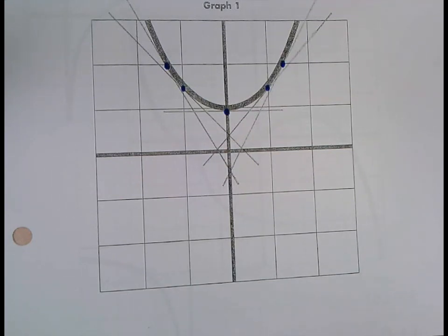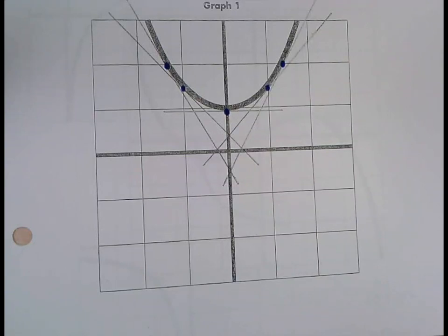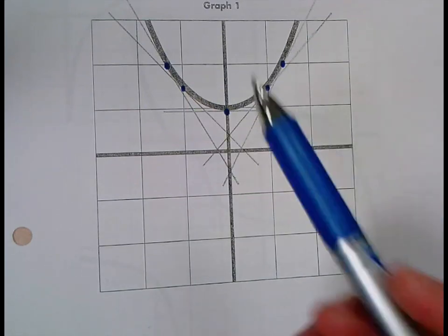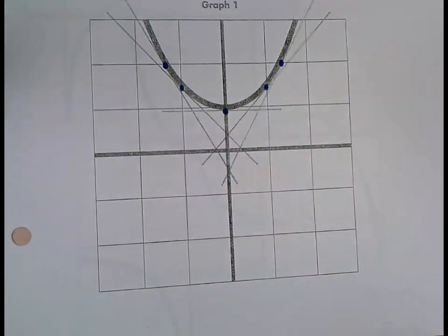And that's where you may want to use the rulers. But this is not something you will be doing every single time where you're drawing in tangent lines like this. It's just as an introduction to get you understanding the idea of how to graph these, or how to think about the graphs. So what I did is at these 5 points, I drew in approximately where the tangent line would be,